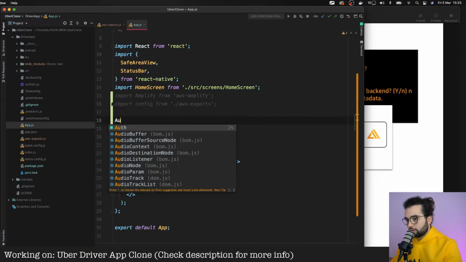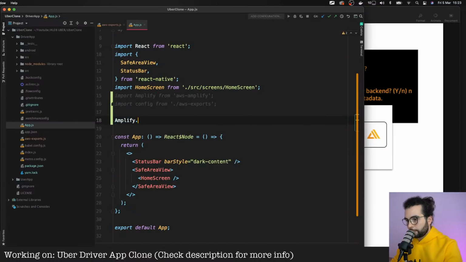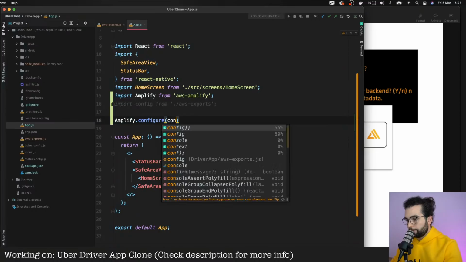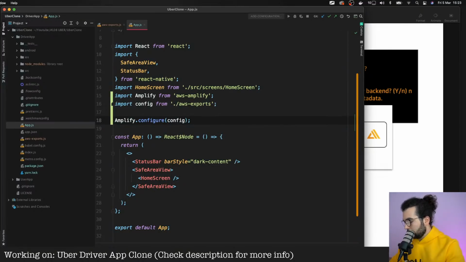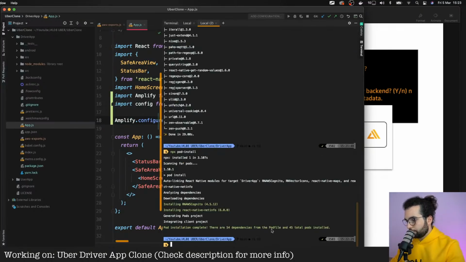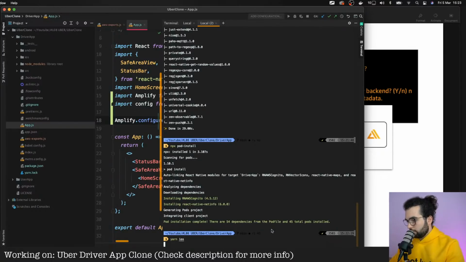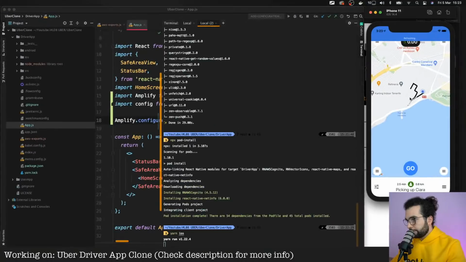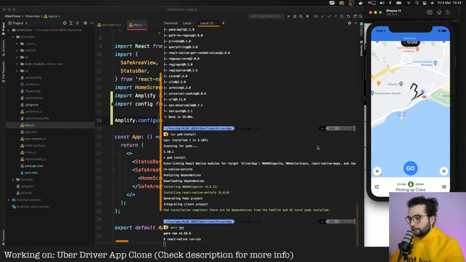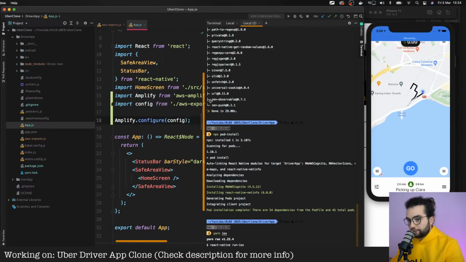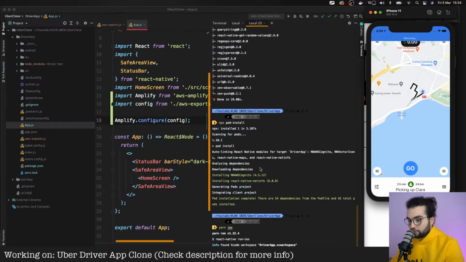And then we're gonna call Amplify.configure(config). And that's it. Now we can run our application again so that it will include the new libraries. It should be the same. However, now Amplify is configured and we are ready to implement the features that we need next.